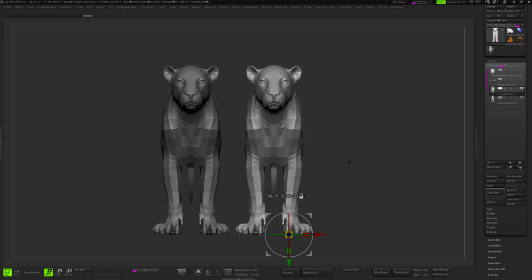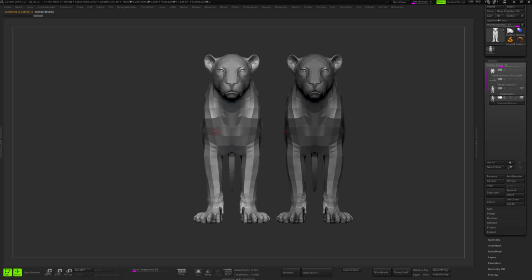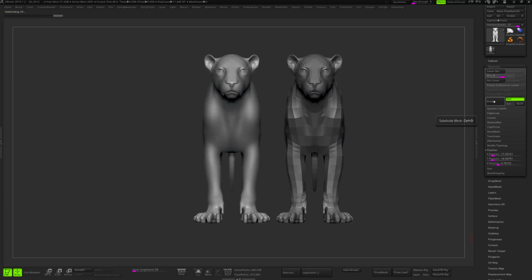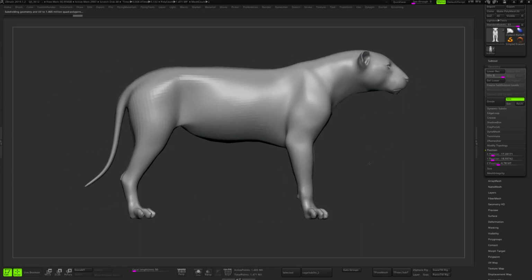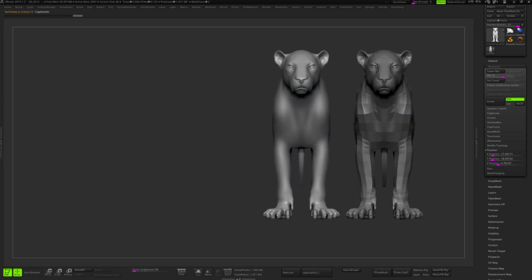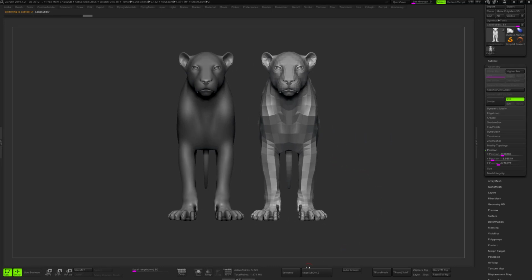Then something that I want to do here. On the one on the left, we'll go in geometry and divide it 5 times in this case, to see what it's doing. So this is with the standard, the traditional subdivision. And on this one, I will use my zRepeatIt script and divide it the same number of times.